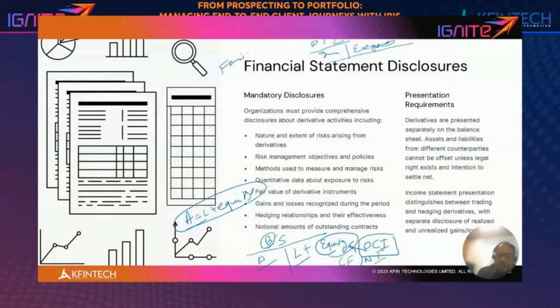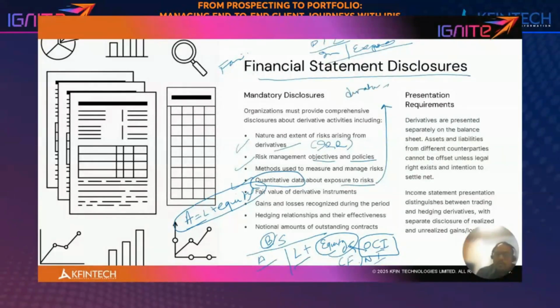Then what are the financial statement disclosures? Nature and extent of risk arising from derivatives like interest rate risk. What are the risk management objectives and policies in place? What is the quantitative data about the risk? Like quantitative data could be